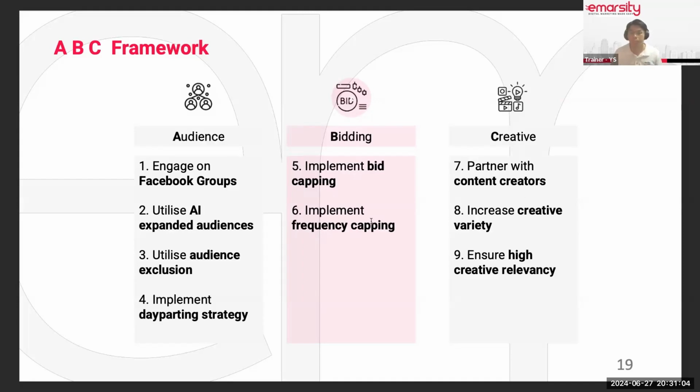Implement frequency capping. Instead of reaching the same audience again and again within the same day or same week, you are telling the platform, once you hit 4 times on that audience already, please do not reach the person for a fifth time. Now the fifth time, the one time extra, can reach out to a new audience. You are getting more media outcomes, more reach with the similar spend once you implement frequency capping.